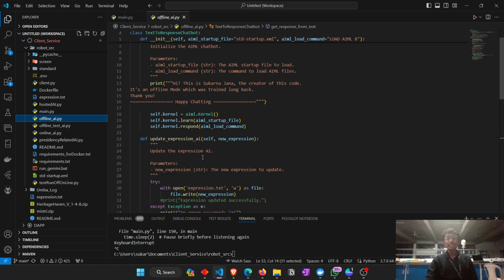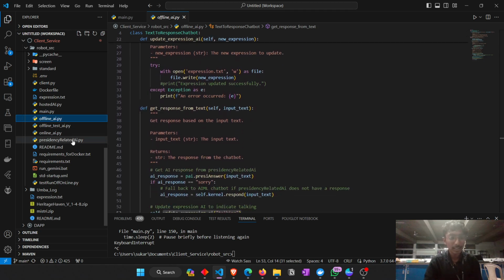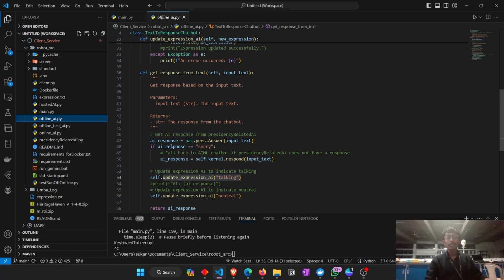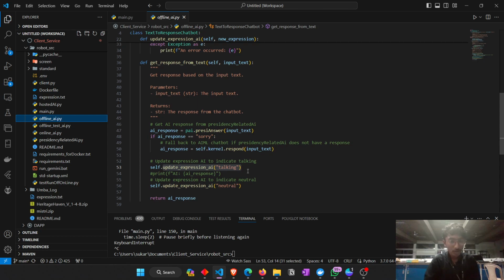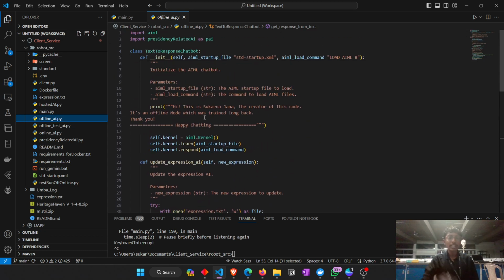Okay, so the thing is, it will see the Bangalore related text first. If it is not there, it will respond with a sorry message. And whenever it is sorry, it will start searching for the answer from the pre-trained model which I have made earlier. Okay, now if I go in depth again into the presidency related AI,